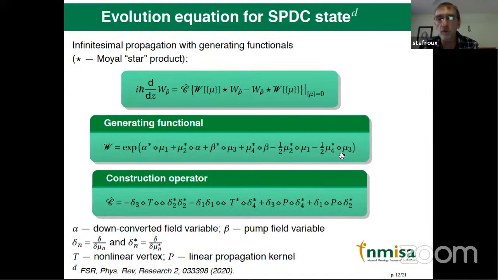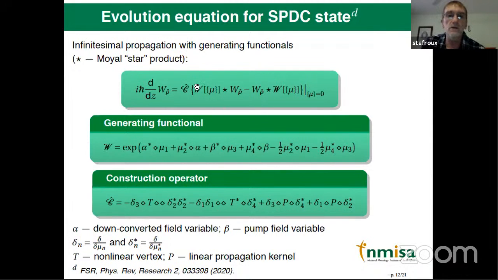So now we're going to use this formalism to study the parametric down-converted state. To do this, we follow an infinitesimal propagation approach. Now, it sounds very sophisticated, but it's really just the generalization of the Heisenberg equation, but instead of going in terms of time, we take the derivative with respect to z, which is the propagation direction through the nonlinear crystal. And then you can see here, this is really just the commutator, but expressed in terms of these star products, and you can write these star products as functional integrals.